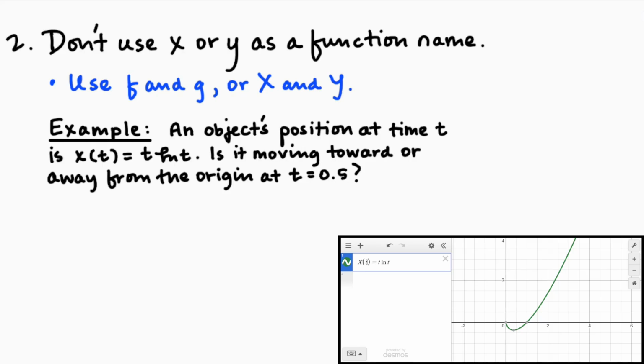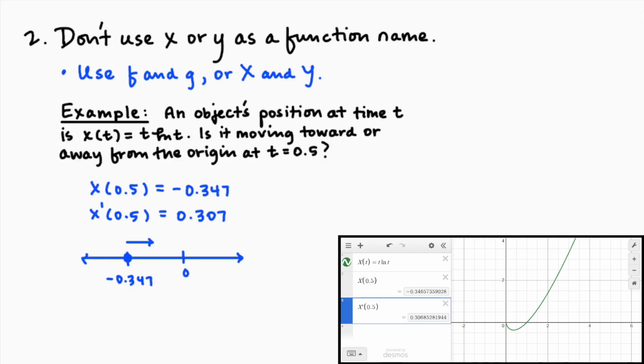Now, lowercase y is a little bit trickier, but it doesn't really like y of t. It might think that you're graphing an implicit relationship where it's like y times x equals that function of x on the right. So I really suggest avoiding that as well. Now, if I'm interested in whether this thing is heading toward or away from the origin at time t equals 0.5, I'm going to need to consider the position at time 0.5 and the velocity, so that would be x prime of 0.5. I'm going to report those values,